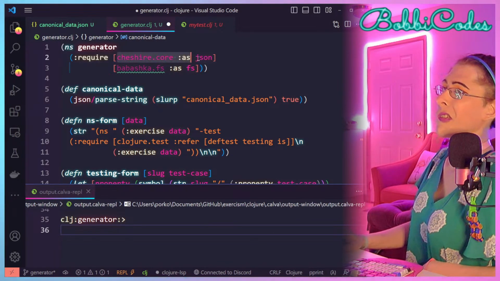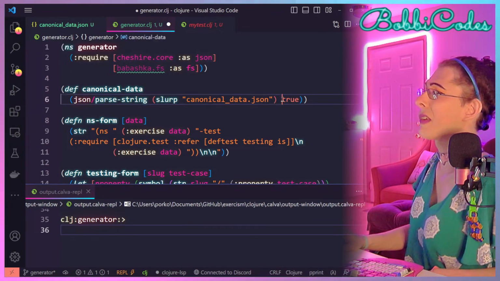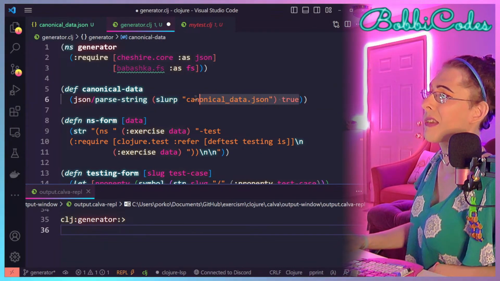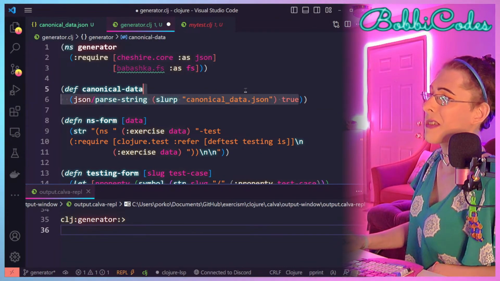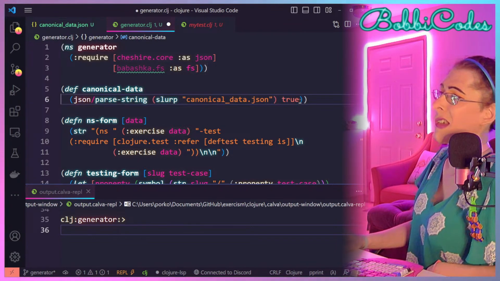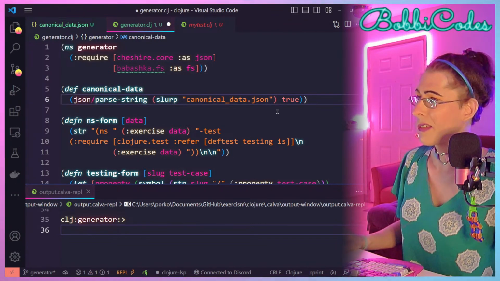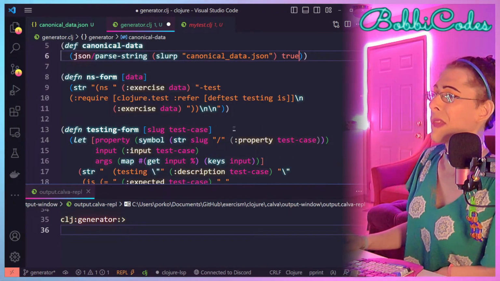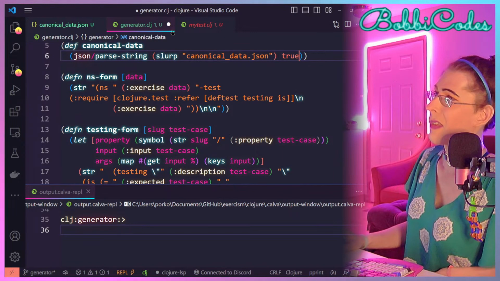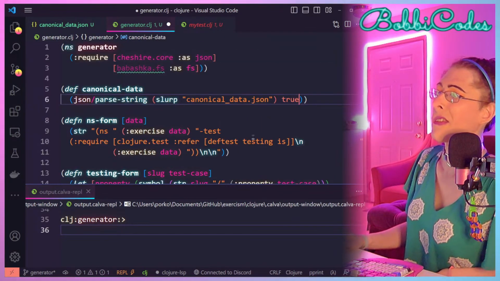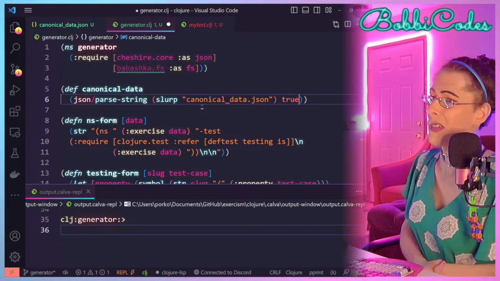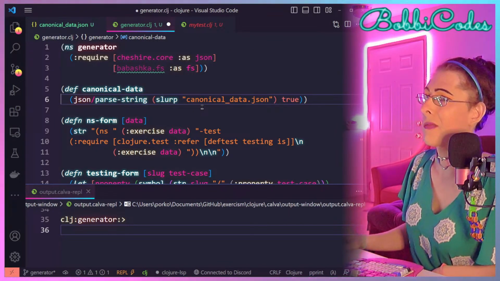With the Cheshire JSON library, you can put true as the second argument, which means that it will turn the string keys into keywords, which is way better because then we don't have to use get all the time. We can just use a keyword as a function to get the values out.